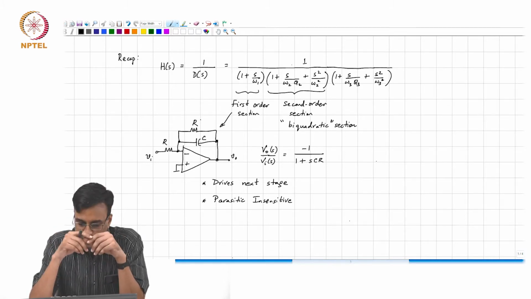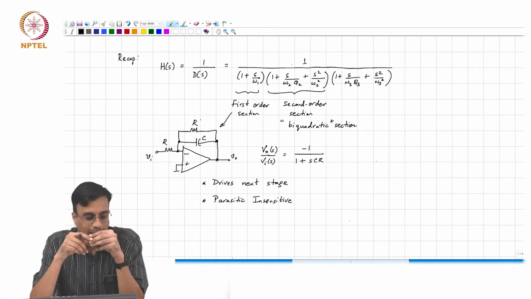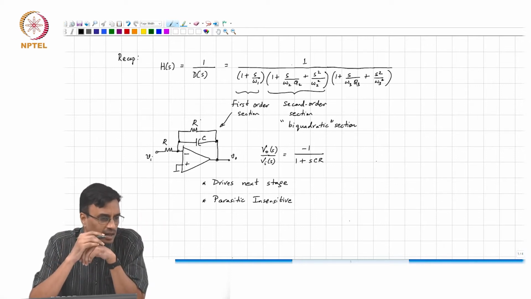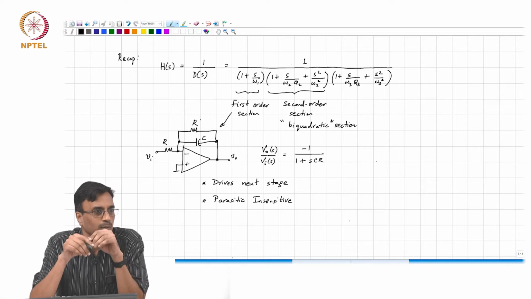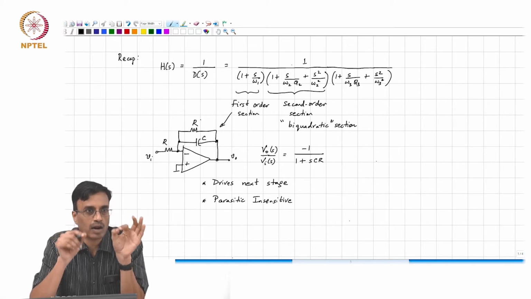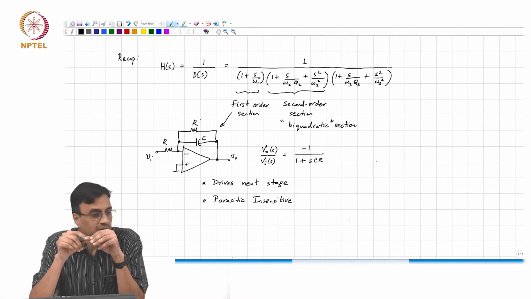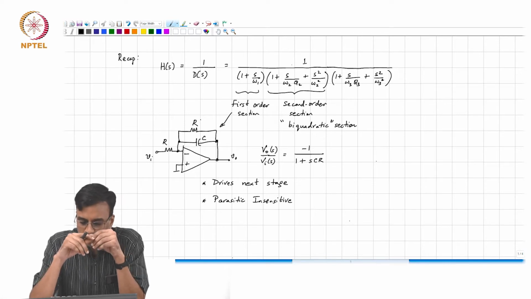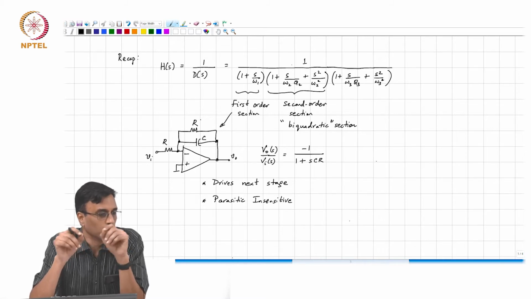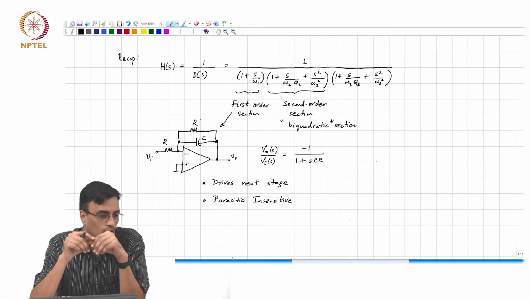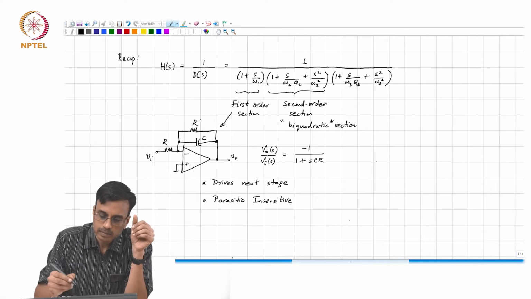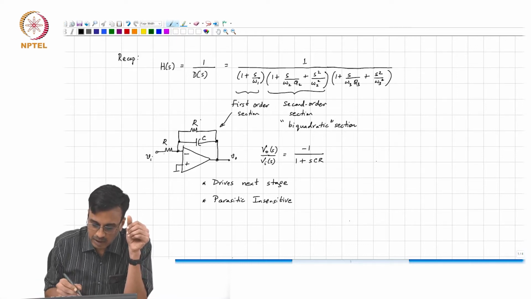The second aspect that we saw yesterday is a practical one, namely that for every capacitance, in fact even every resistance for that matter, there's always going to be a parasitic capacitance between those terminals and ground. And it so happens that the transfer function in this case is not modified by parasitic capacitances on both plates of the capacitor or both terminals of the resistor, because in all cases the parasitic capacitance